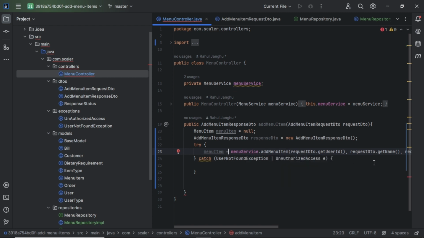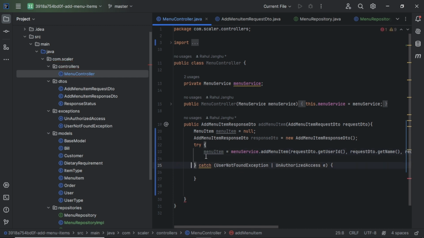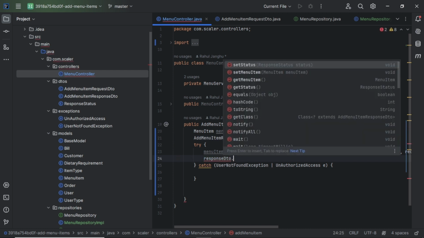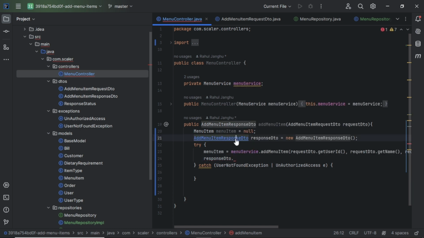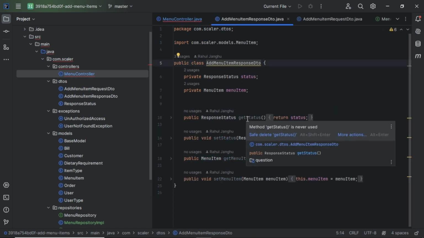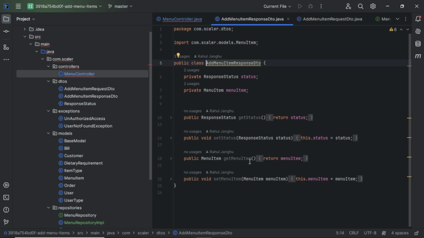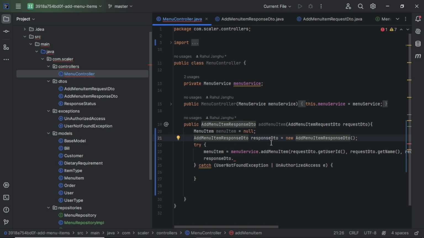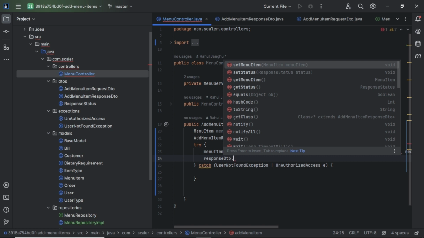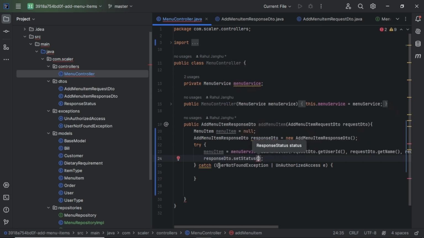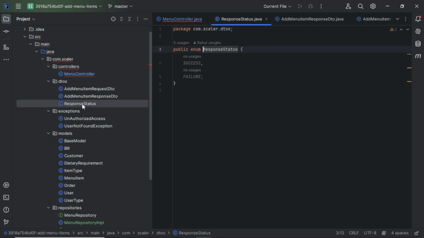To set the responses, what will we do? Simply we will use response DTO dot. We have to set two things. If you go inside this response DTO, we have two things: one is the status and another is the menu item. So simply come here and write response DTO dot set status. Status we can get from this DTO, response status.